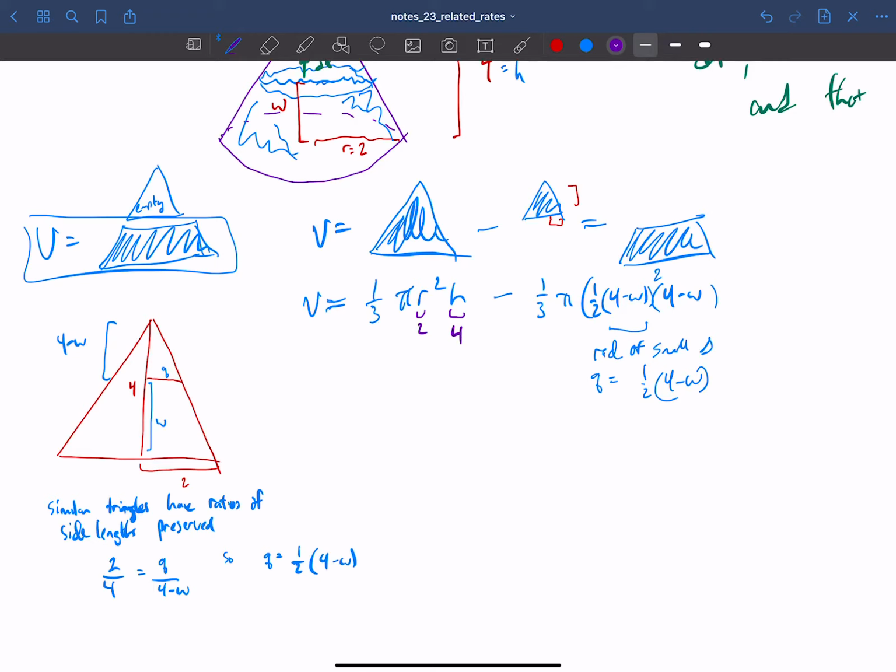And then we'll kind of let the chips fall as they are. So we'll have that the volume is equal to 1/3 of pi times 16. Let's go ahead and write that as 16/3 of pi minus